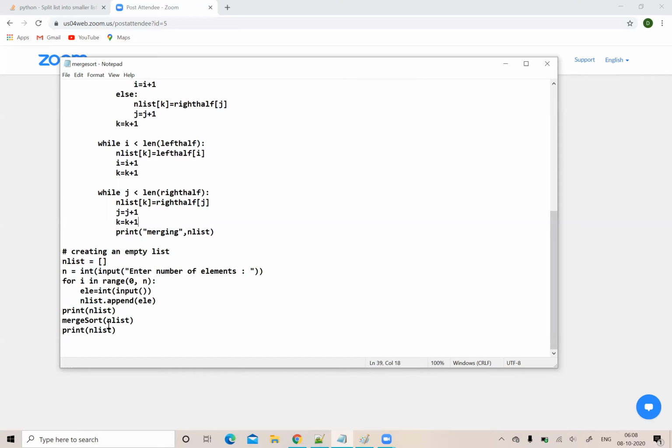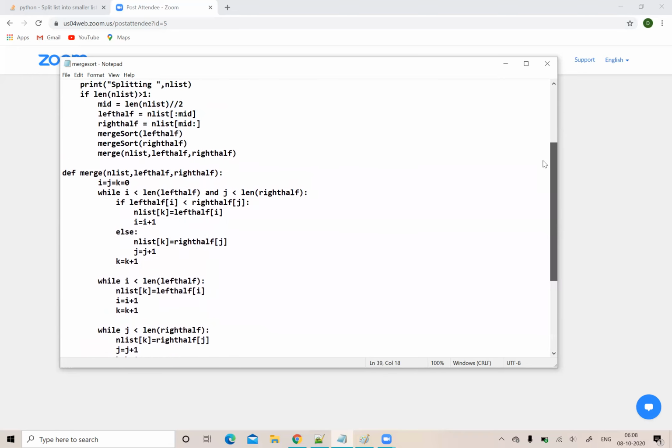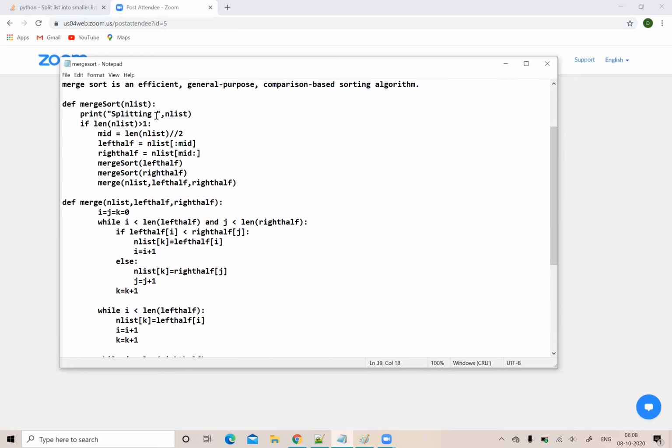So when I call the merge sort function, I'm passing the n list, which is the list I have created now. And once I call this merge sort, the control goes here, does the merge sort, where all the splitting is going to happen.